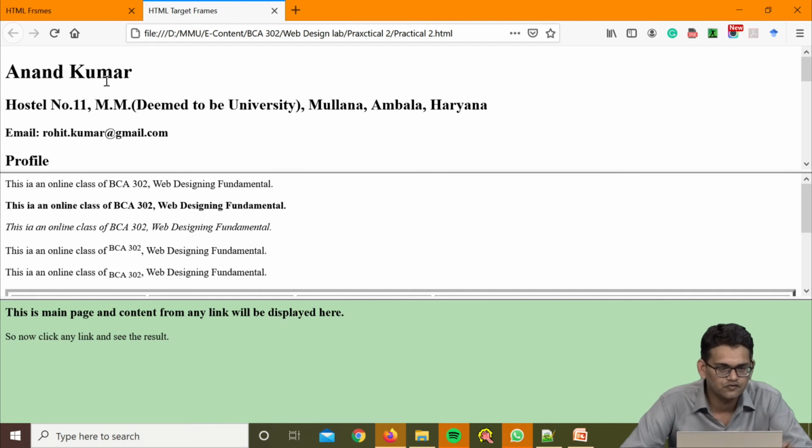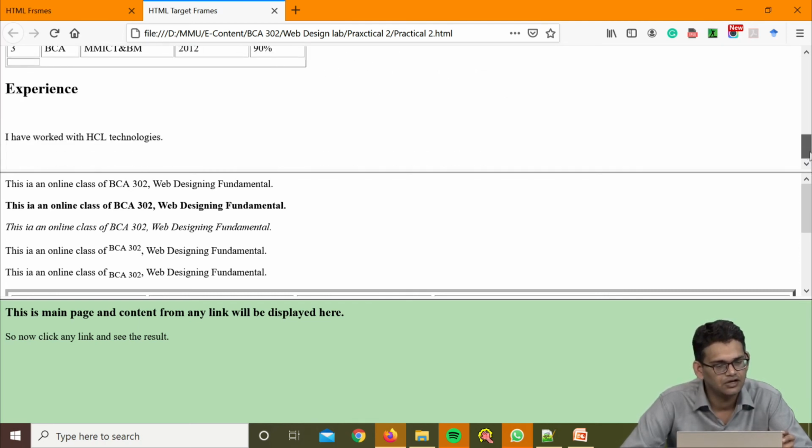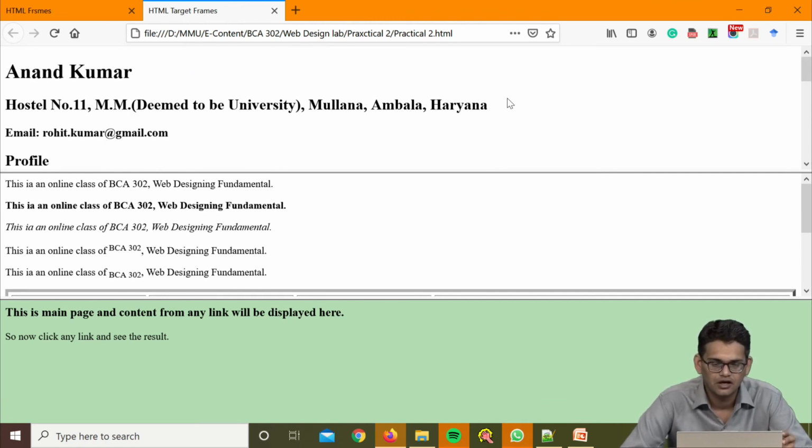Why? Because we have added an independent HTML page in the particular frame. So, if we make any change in that page, the change will be reflected in that frame also, because we have added that page in the frame.